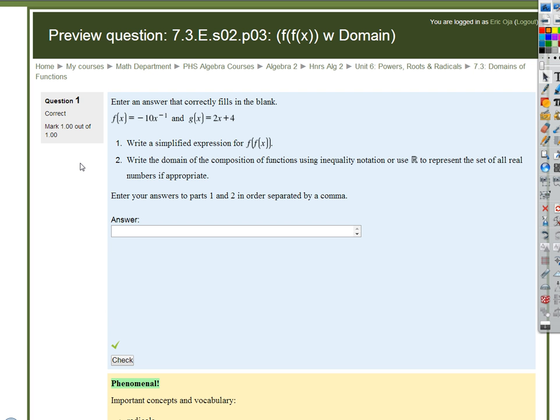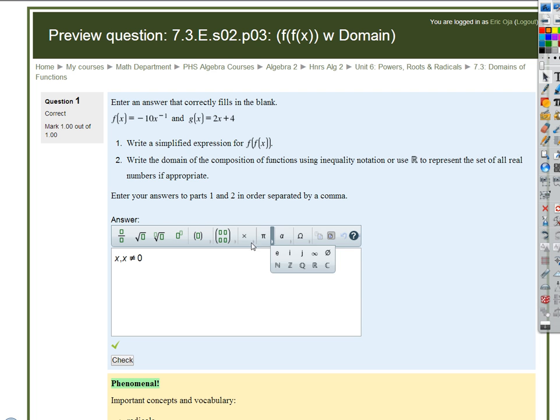What do you suppose would happen if you had, say, only two values of x that were excluded, but everything else was okay? Let's say we had x can't equal 0 and x can't equal 2. What do you think I would do? Write them out separately. I'm going to go down here to the operations menu, and I'm going to choose the logical and. If you hover over it, it'll tell you. I want x does not equal 0, and